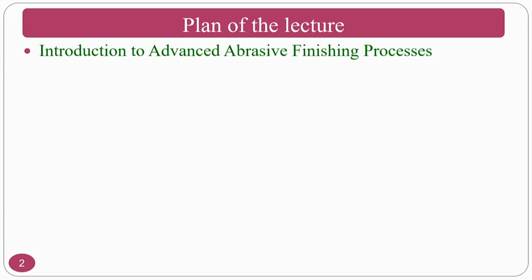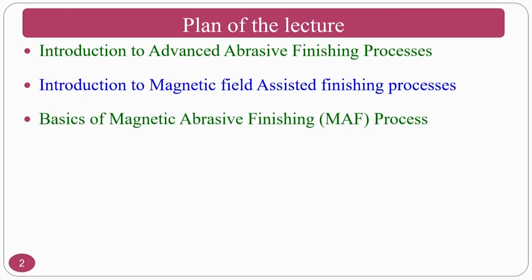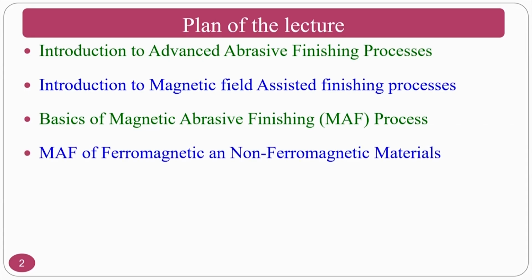Introduction to advanced abrasive finishing processes, what are the various abrasive finishing processes, then introduction to magnetic field assisted finishing process, then basics of magnetic abrasive finishing process, how it will be working and what is its mechanism, and whether you are going to finish a magnetic material or a non-magnetic material, how the field lines will emerge,